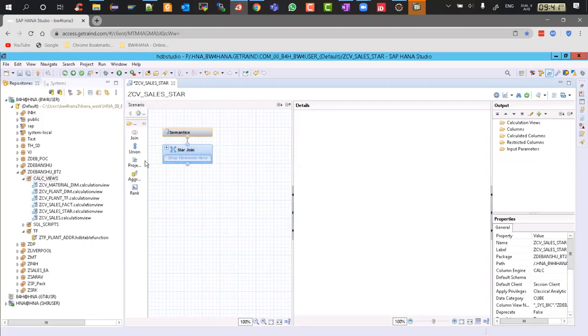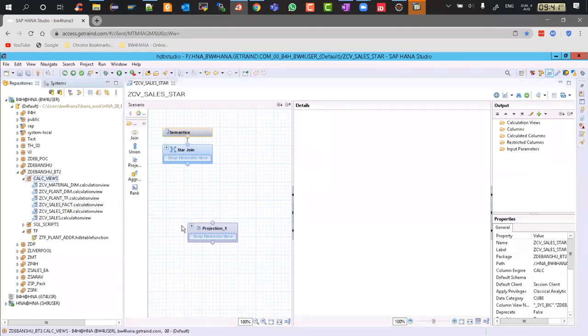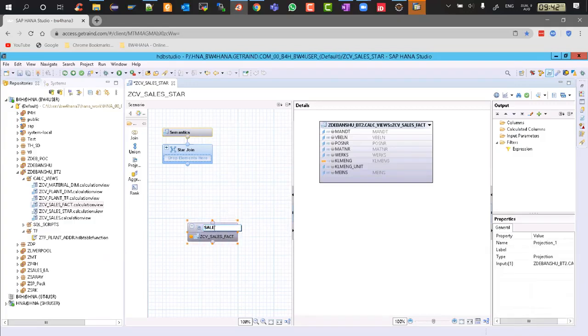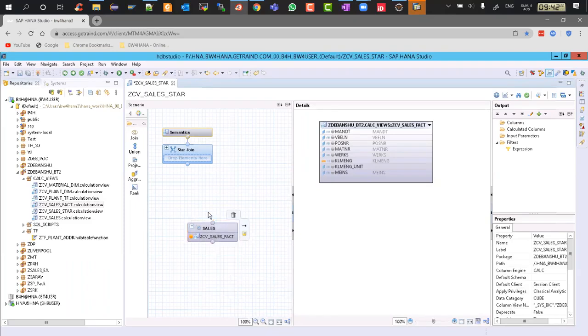So first thing is get a projection below the star join and add your transaction data, which is going to be your foundation. This is called the foundation CV or foundation node. Here you can add a table. In this particular projection node, you can very well add a table, or a CV also, whatever you want. So here we will add our ZCV sales fact, which is our pure transaction data. Or you can add a table also. If I want to add VBAP directly here, I can do that. I'll just rename this to sales. And now when you connect this to the star join node,